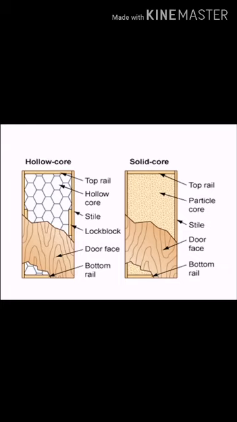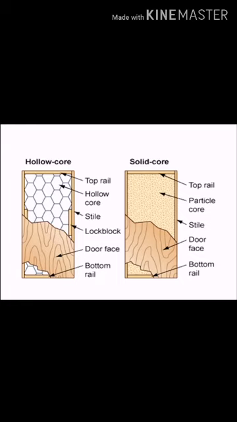The flush door is used for any kind of opening, and basically it is used for toilets because of its water resistance, with a PVC sheet used for the external veneer. When low-cost materials like veneer and batten are used for the flush door, it is very economical and cheaper. So in a building, when we design the bathroom, kitchen and toilet, we use the flush door for water resistance.